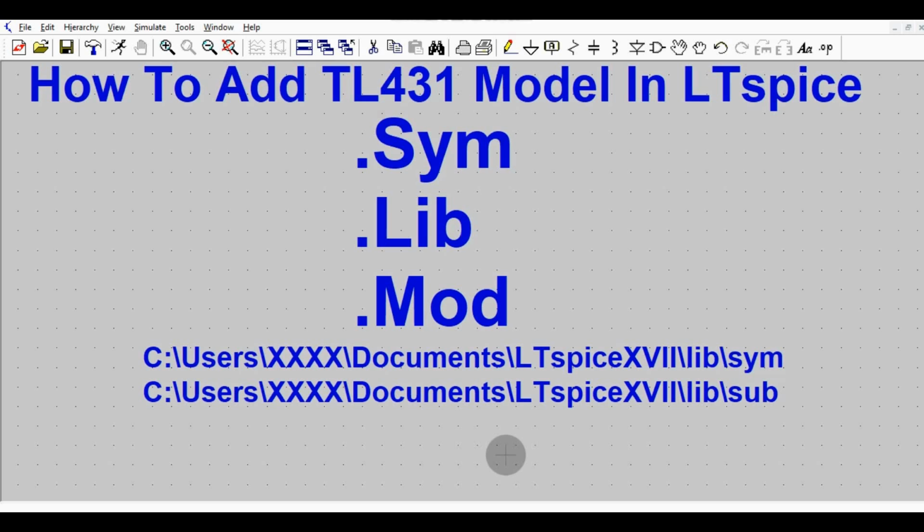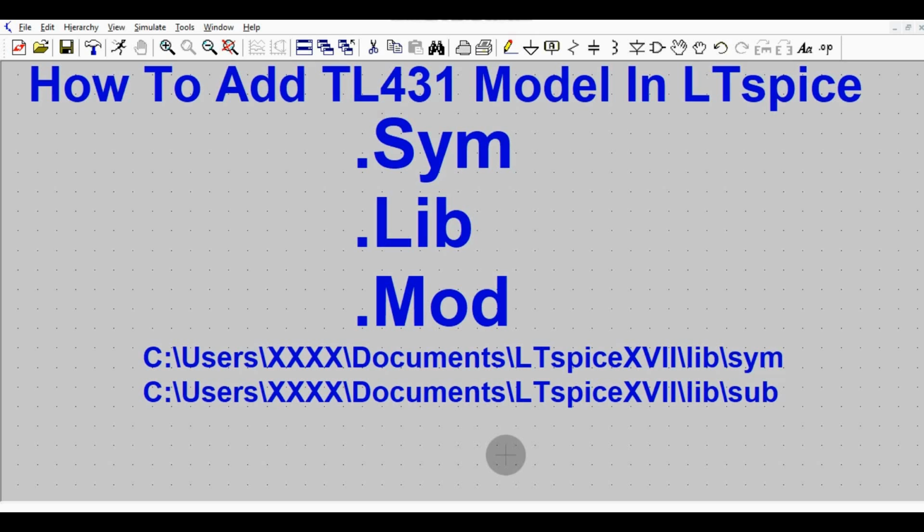So in order to simulate that component, you have to add that component in your LTSpice library so that you are now able to access that component and you can perform the simulation for that particular component. So today we are going to understand how to add the TL431 model in LTSpice.